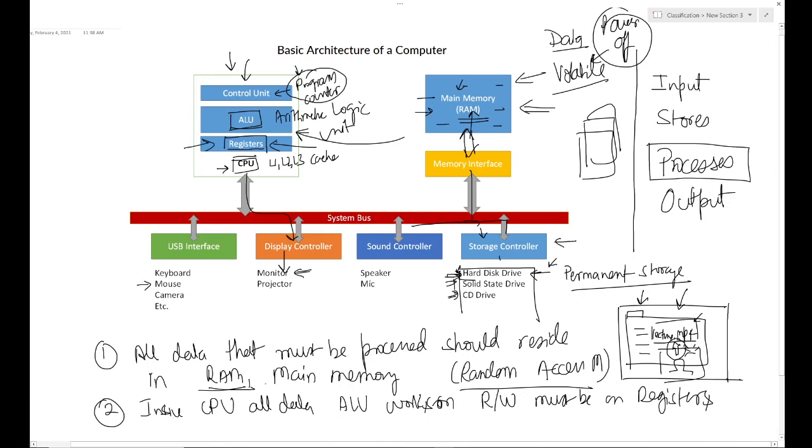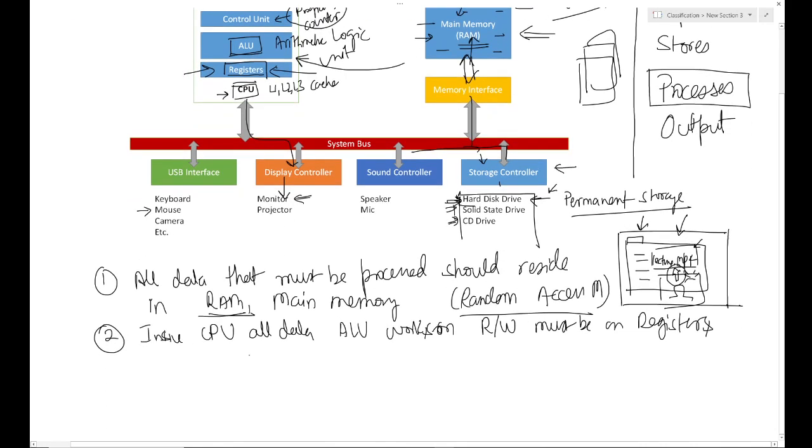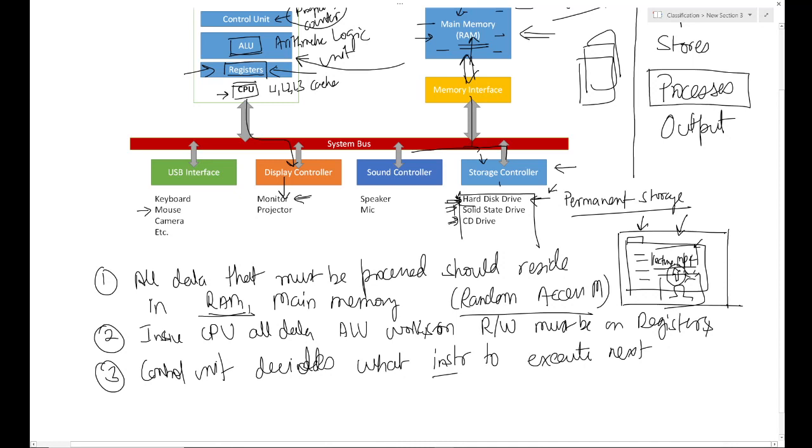Okay, third thing we saw was that the control unit decides what instruction to execute next. Where are these instructions stored? Again, these instructions are stored in the main memory of a computer.